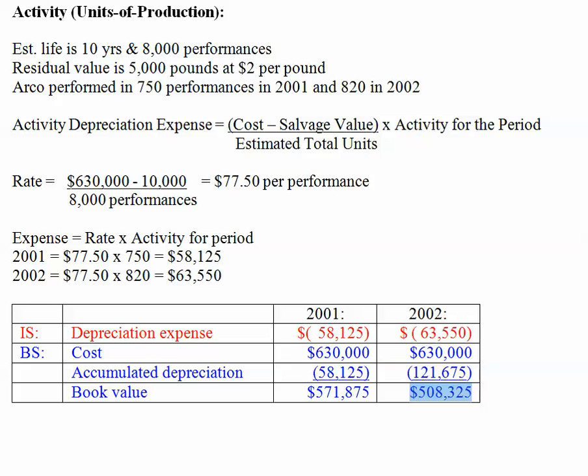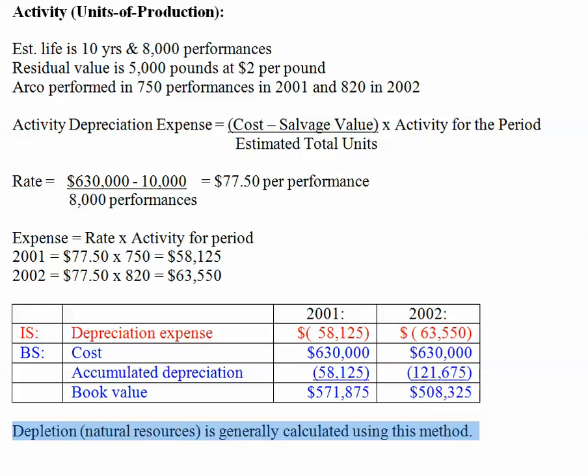This method is commonly used for the extractive industries because they typically keep track of the activity. If you think about a business like, let's say, FedEx